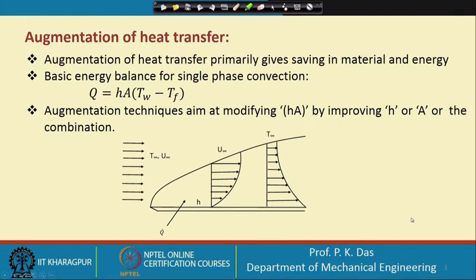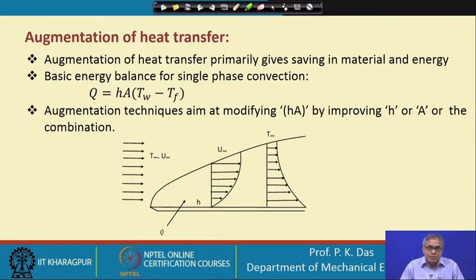So, how can we have it? Basically, we can have these 4 points we have told. Out of that, at least the first 3 points, that means high heat duty, low temperature difference and lesser volume or weight of the heat exchanger, we can have with a very good or very effective way of heat transfer. And we can also argue that if our heat transfer process is very effective, very good, very efficient, then we will end up with a design where there will not be excessive pressure drop.